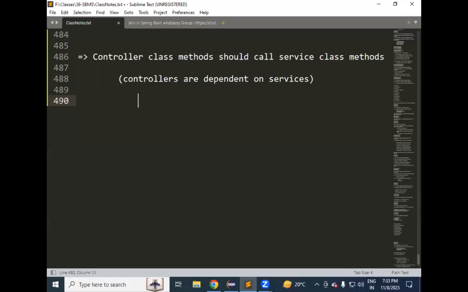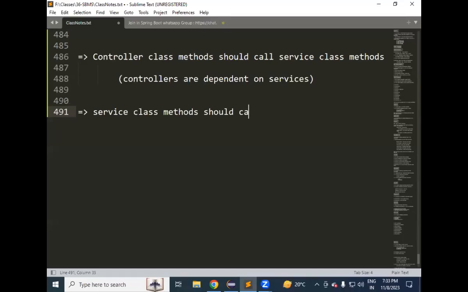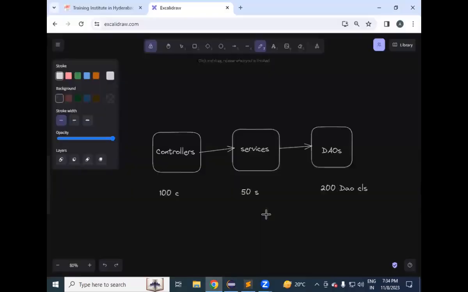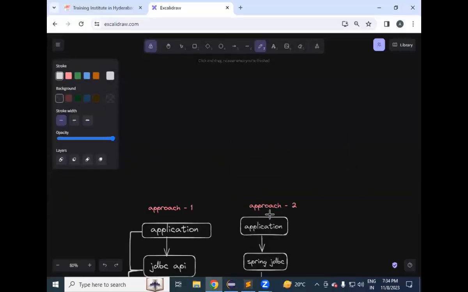Then, when the controller calls the service method, what should the service do? Service class methods should call DAO class methods. What is the meaning of that? Services are dependent on DAOs. So now the classes are dependent. If you see the architecture, when you go for the layered architecture,